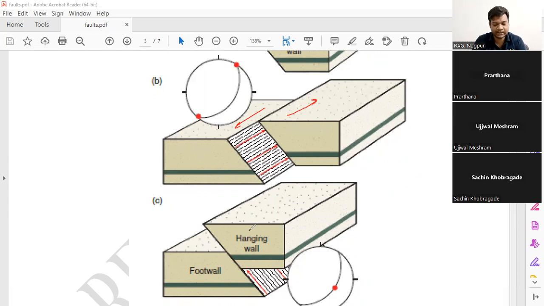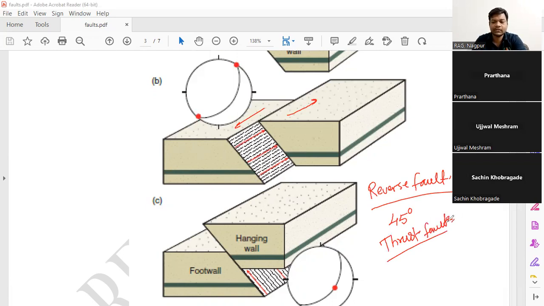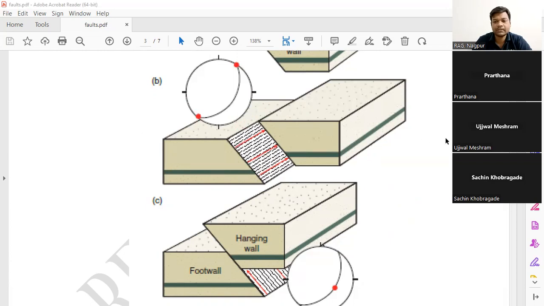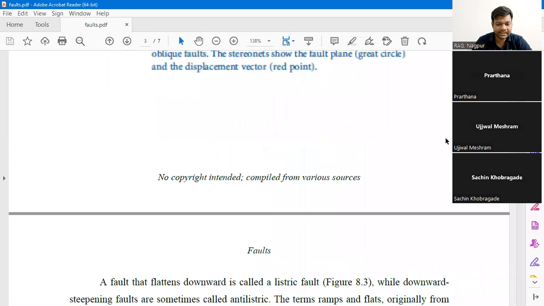And this is diagram C. It is a reverse fault, or if its angle is less than 45 degrees, then it will be called a thrust or thrust fault. So this is the basic terminology which is used